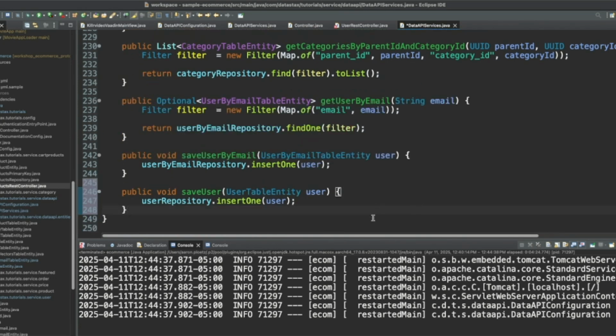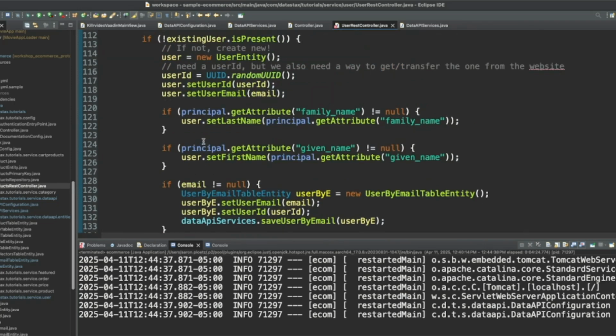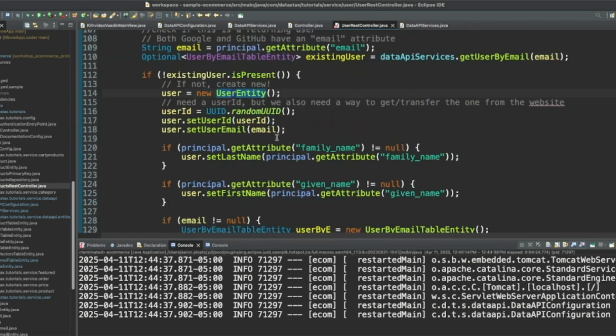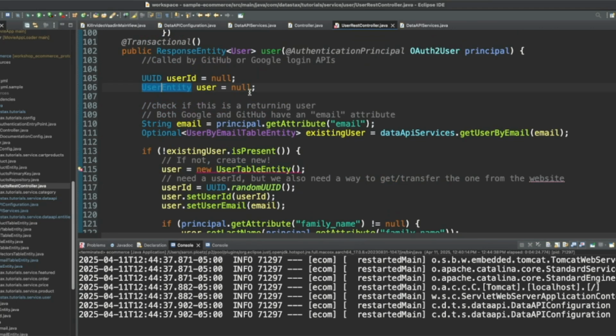User table entity user, user repository, insert one. All right, outstanding. And user here needs to be a user table entity. Oh, and then we need to define user table entity right there.